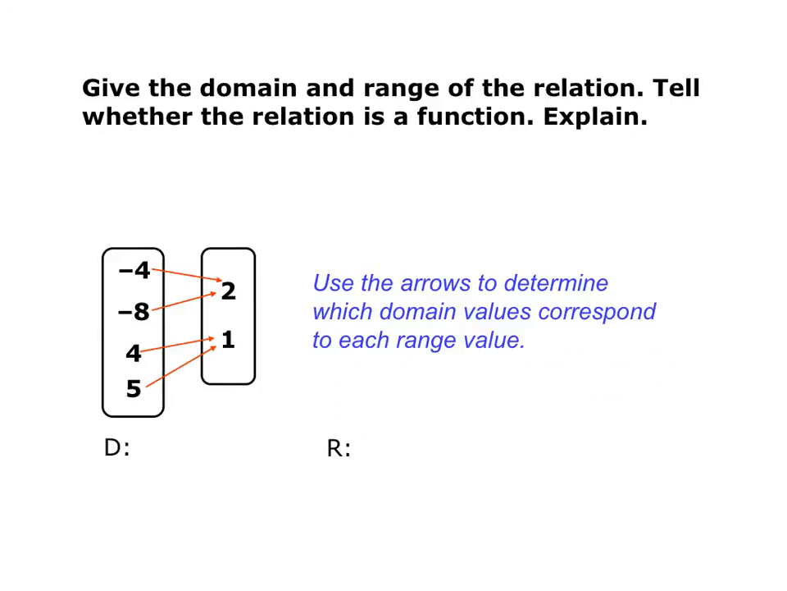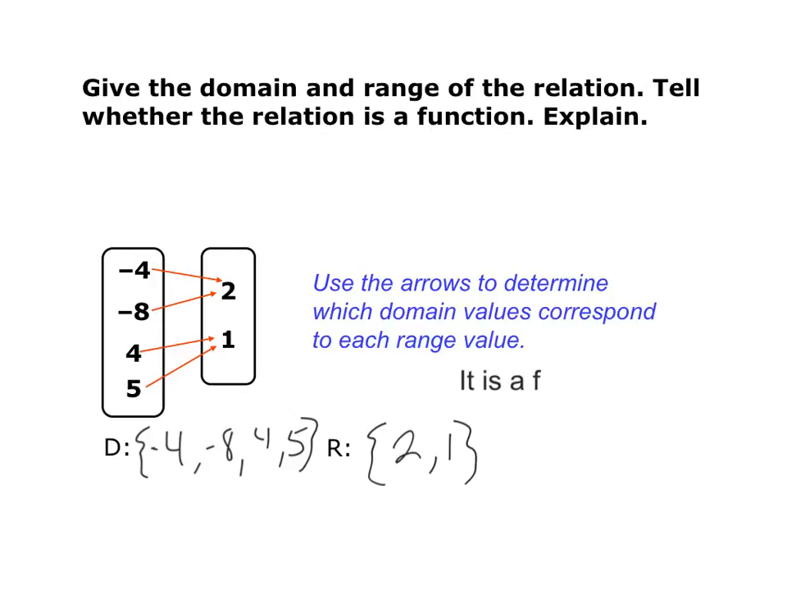Alright, so here's another opportunity for you to give the domain and range and tell whether it is a function. So here our domain is going to always be our first values, remember? So our domain is going to be -4, -8, 4, and 5. That was a really sad looking 5. And our range is just simply 2 and 1. Now here we're going to look, remember, just at our domain values and check 1 arrow, 1 arrow, 1 arrow, 1 arrow. So it is a function